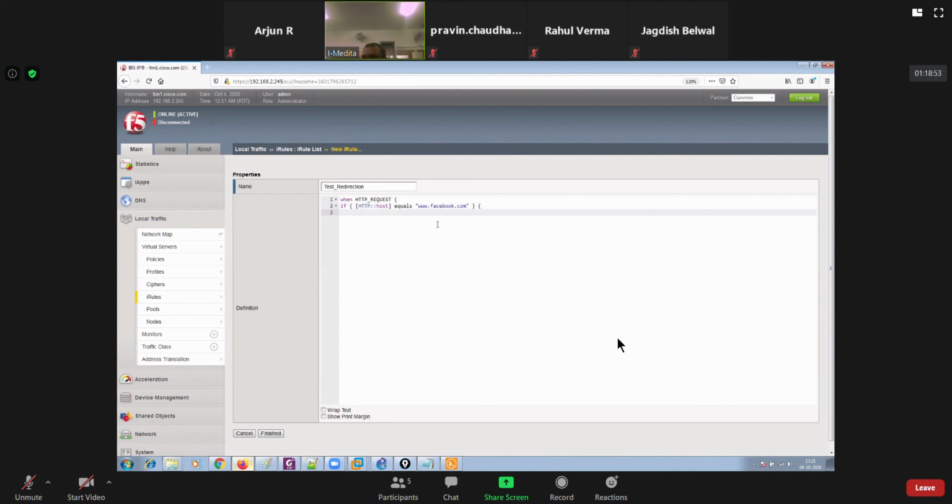Then it should perform HTTP redirection. To whom? HTTP, or maybe HTTPS, it's up to you, right?